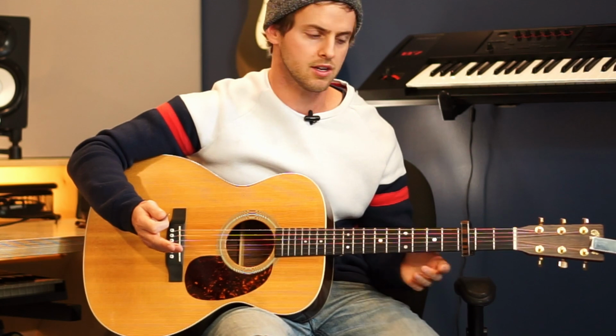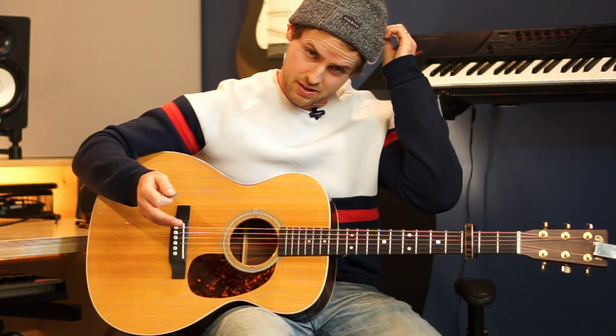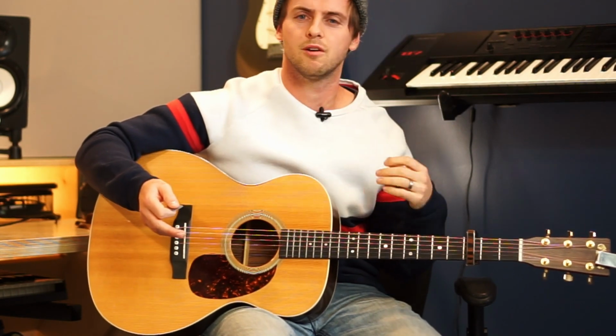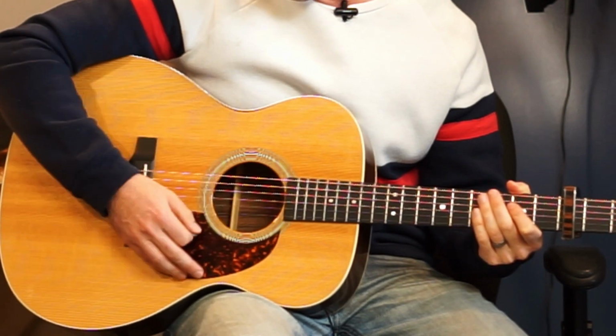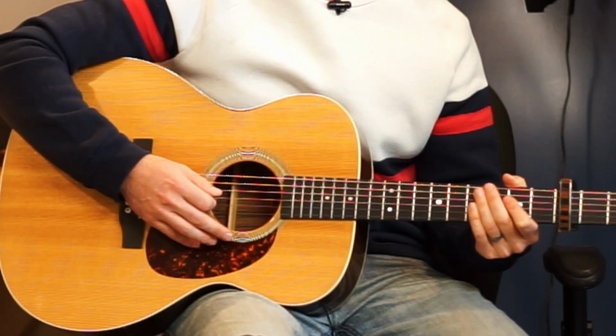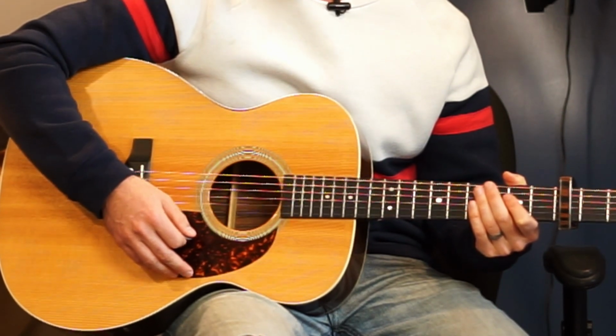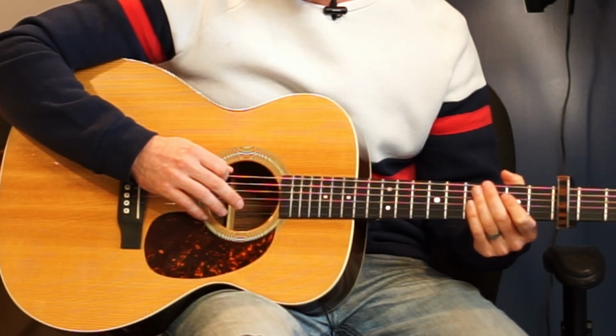We're in standard tuning here, capo on the 3rd fret. The song is in the key of B flat, but B flat doesn't sound very good on guitar, at least not as good as G. So, back to the picking pattern, you got pick, pick, pick, strum. After that, we're going to pick this D string